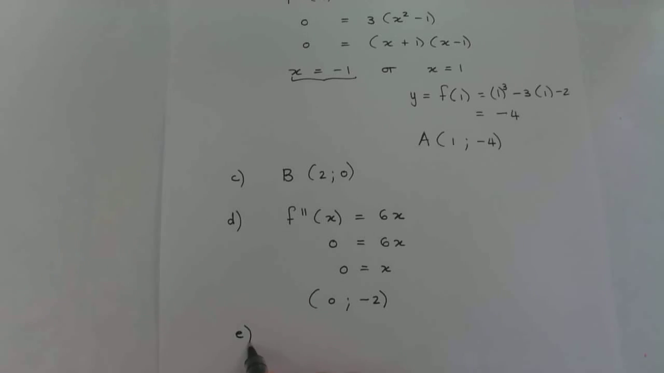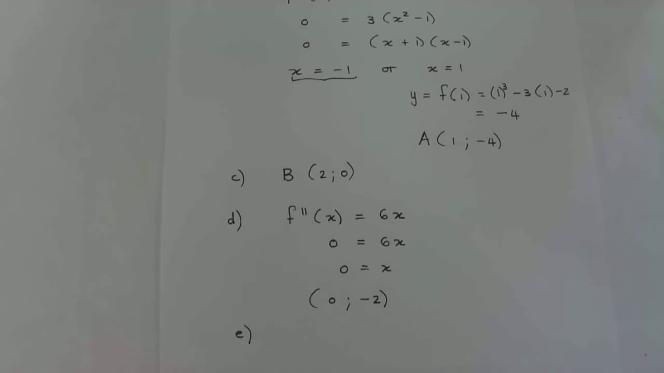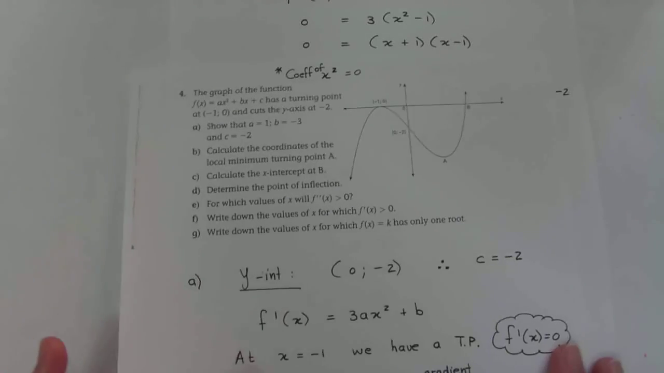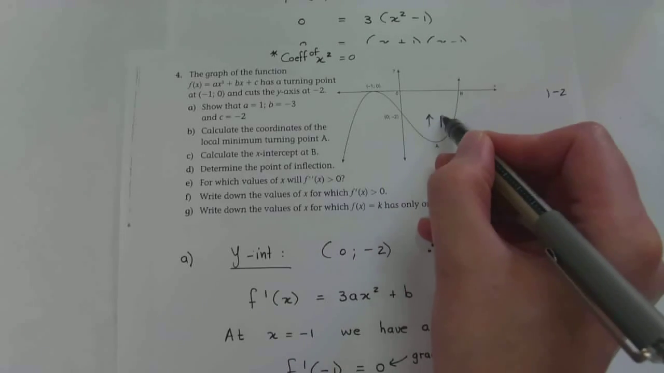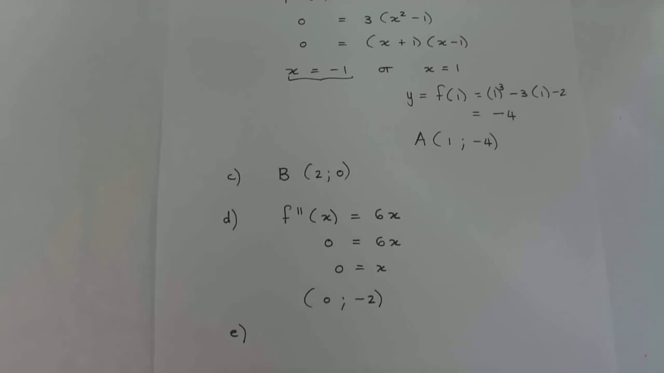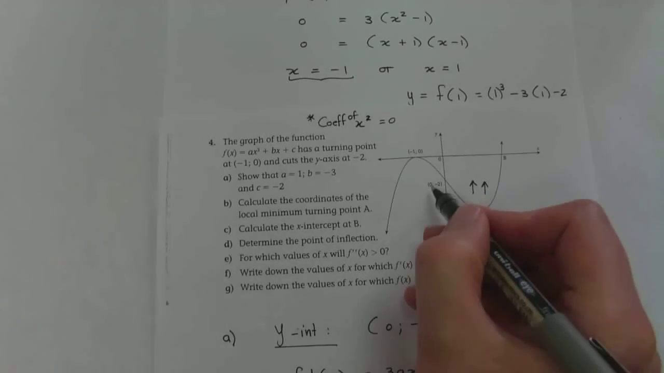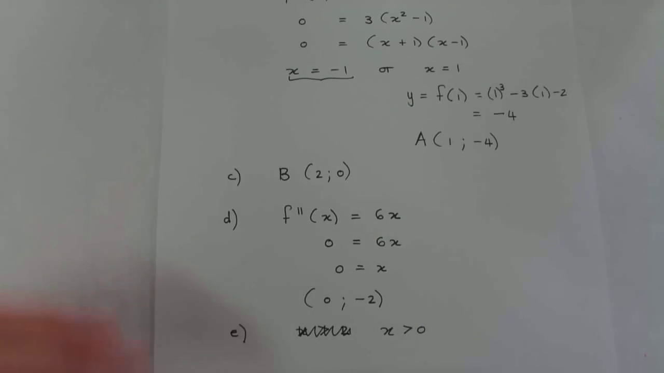Then E asks, for which values of x will the second derivative be greater than 0? In other words, where is the graph concave up? Because second derivative greater than 0 is concave up. So from this point of inflection onward, the graph is concave up. So reading it just off the graph, for x greater than 2. Sorry, whoa, that was wrong. For x greater than 0. I've done this multiple times, and you will probably also make this mistake. We have to refer to the x coordinate, not the y coordinate. So for x greater than 0. Then